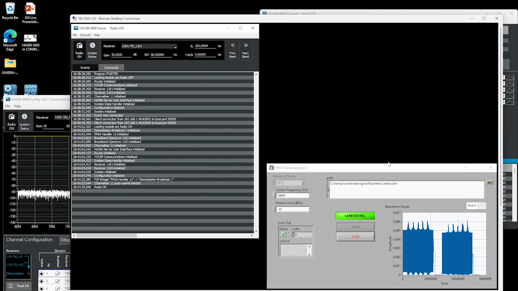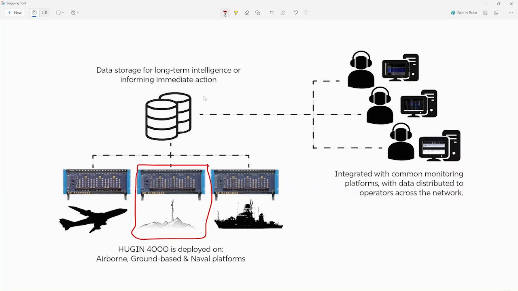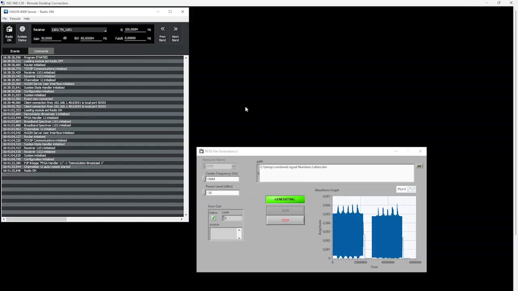And here on board, we're running the HUGIN server. In this case, what we're essentially doing is incorporating the server part in with the sensor before we feed the data off to our operators. And so here you see the HUGIN server running